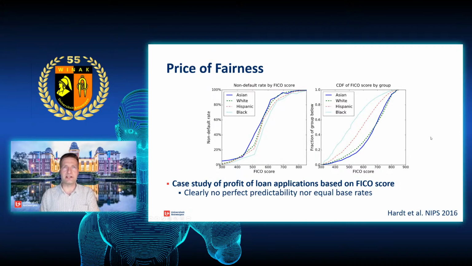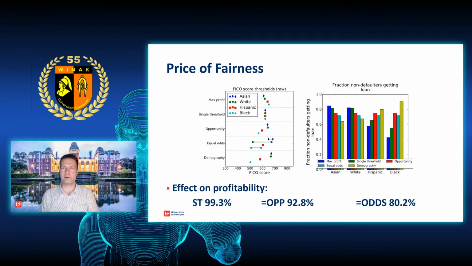I will skip over these, and this is just an example of the price of fairness. If we want to be fair, we may actually lose some of the accuracy, and that is what is depicted here in the experiment. If you want to know more about it, you should ask a question. It shows that, depending on how strict you want to be on fairness, I may end up with something with which you will make a little bit less gains. But on the other hand, you may save yourself from some lawsuits.